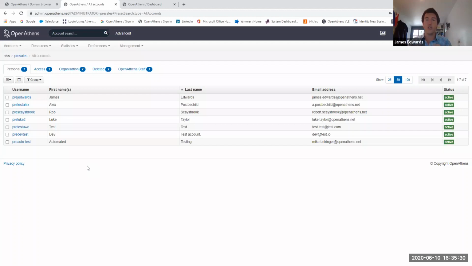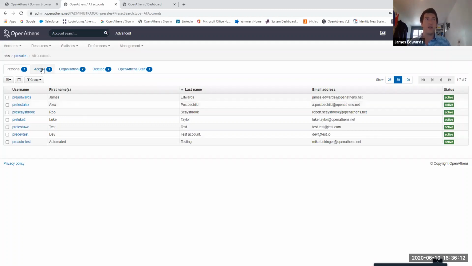If you're using this as your sole directory for OpenAthens, we do also have a bulk upload tool. So in this case, you would just download a template and you can upload thousands of users in one go into the system. It'll send all those emails out for you, and all of the users will activate their account. So if you are using it for hundreds or thousands of users, that bulk upload is really handy. And you can modify and delete accounts simply using that function as well. And they will all be listed, any accounts you create that way. They list here under personal, and that's a way by which you can separate them out when you're doing that.